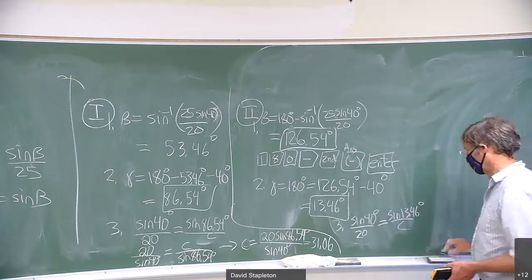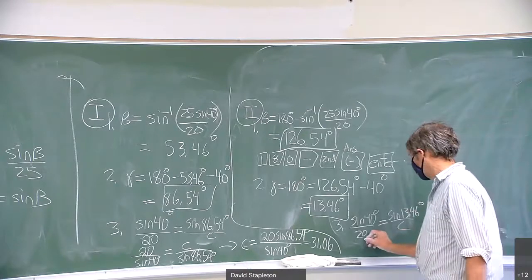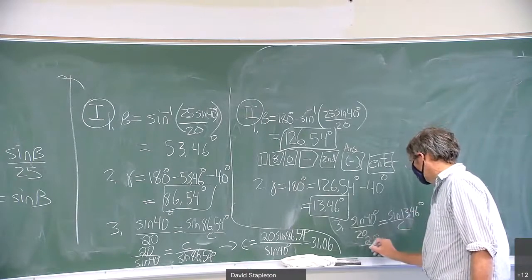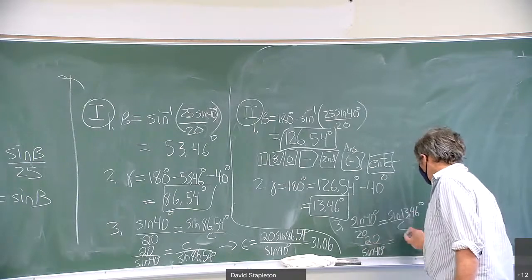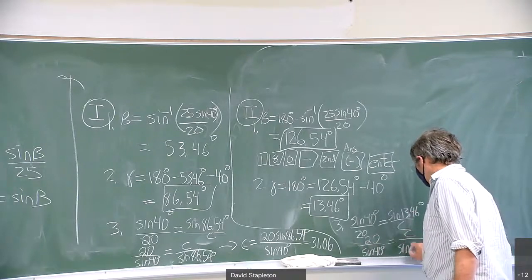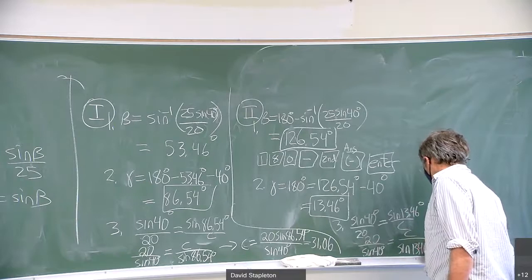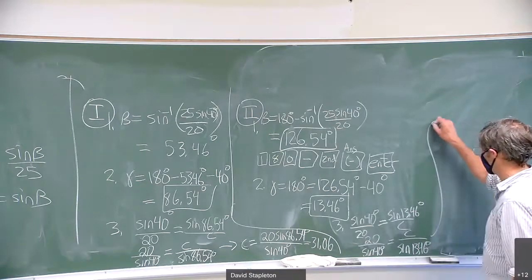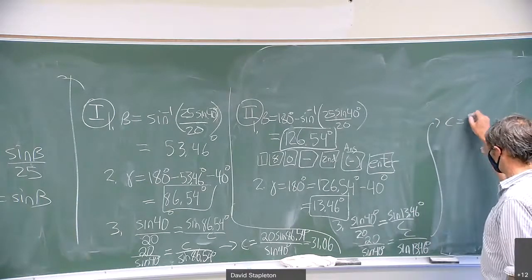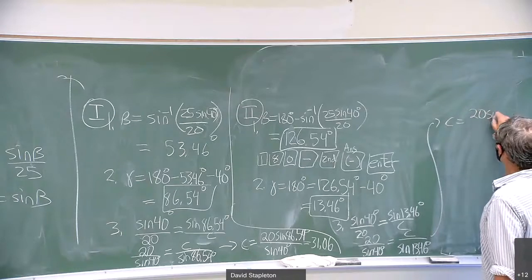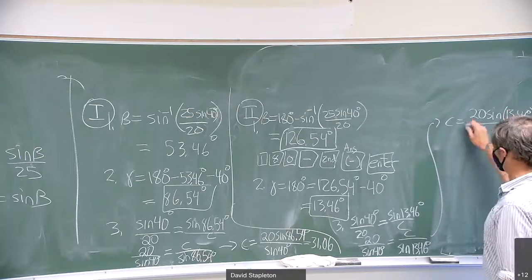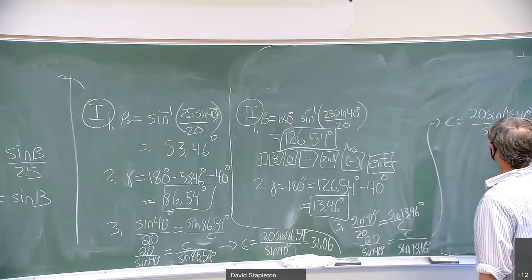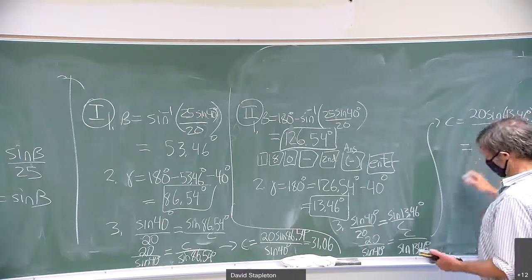Again, I take reciprocals. I should have done that in the first place if I was clever, right? 20 over sine 40 degrees equals C over sine 13.46. Multiply by sine 13.46, and I get C equals 20 sine 13.46 degrees over sine 40 degrees. Comes out to be